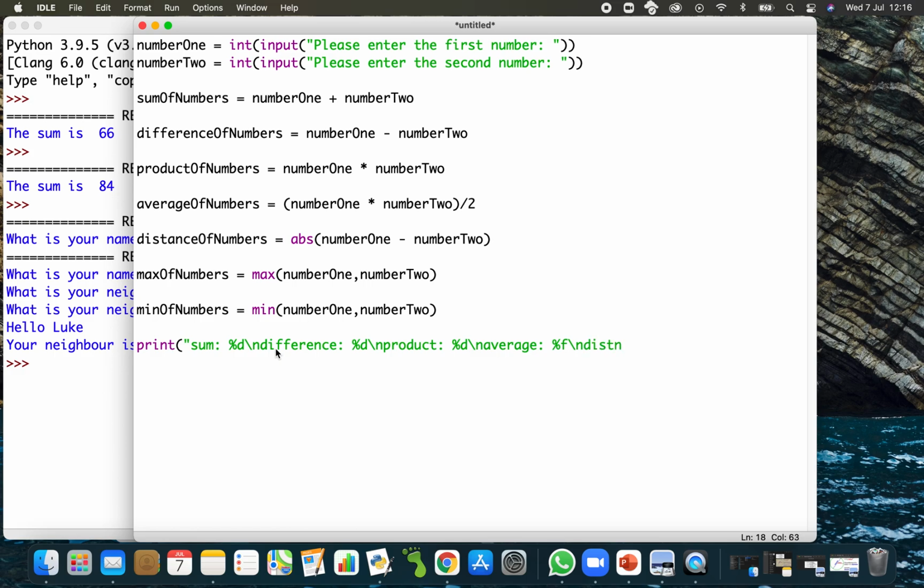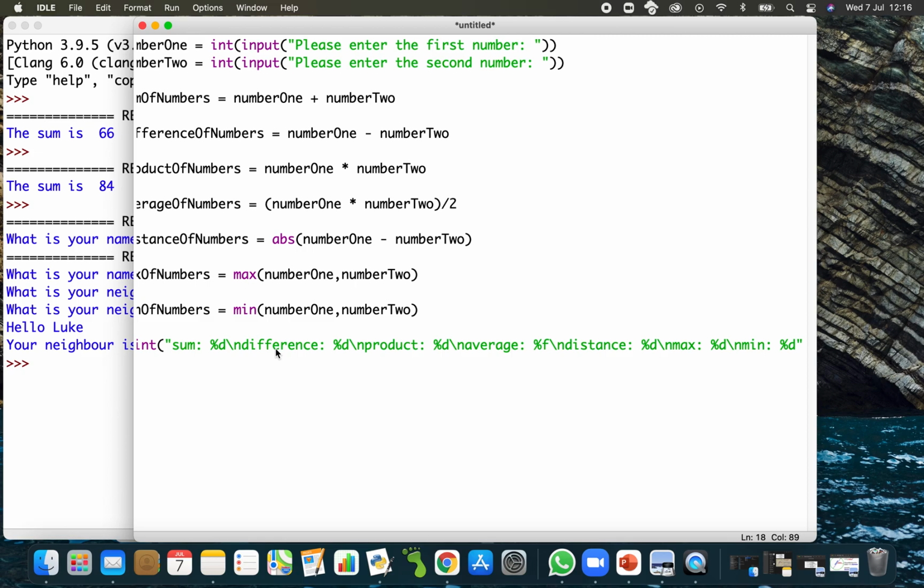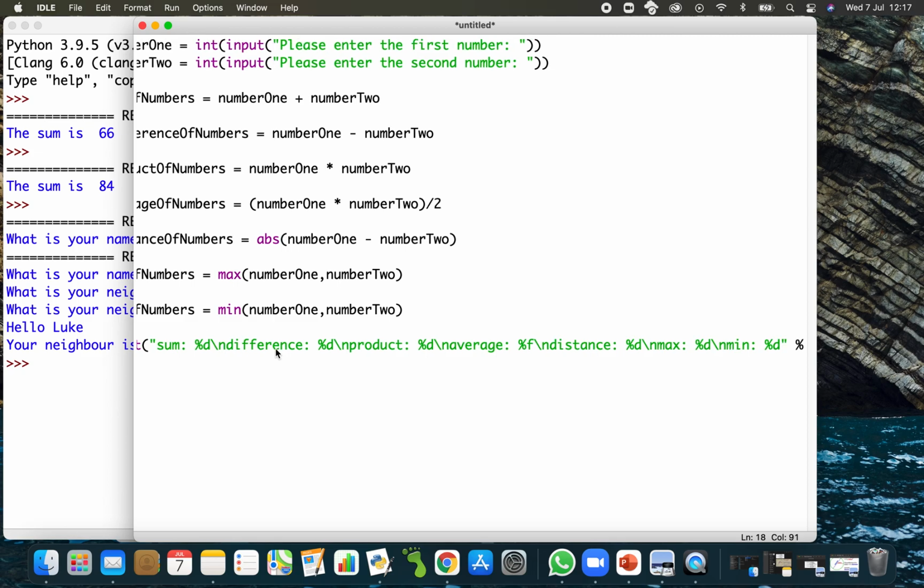Distance is going to be a whole number value, so I'm going to use %d. Let's just make sure I'm using the same formatting. New line. Max is going to be another %d. And then new line, and finally min, which again is going to be an integer, so %d. Okay, so I can close my quotation marks there, and then I can have my % symbol and slowly